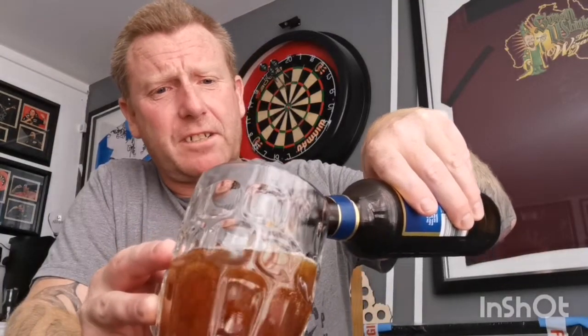I'm not expecting this to hold head, to be honest, but I could be wrong. There we go. What else? Is there anything on there? Oh, I was just seeing if it's bottle conditioned or something, but doesn't appear to be. But there we go, in a glass. Copper in colour, I would say. The head's virtually gone now. Maybe it's the glass, I don't know. I would say that was a slightly off white. Good levels of carbonation coming up, not loads. Copper but crystal clear. So now I've got to try and get a bloody nose on it. I should have thought about that when I poured it, but